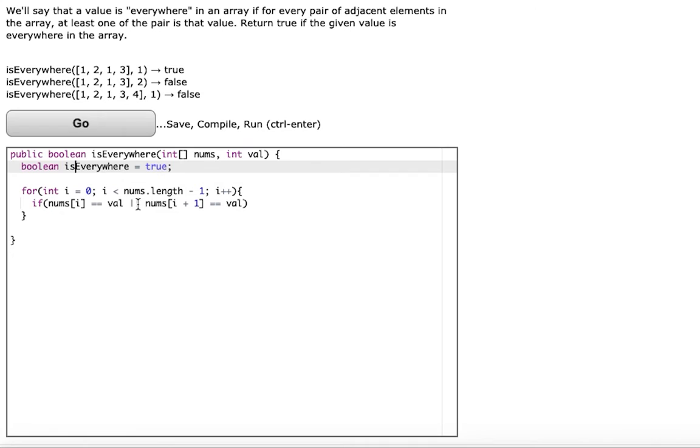But remember that the approach I'm taking here is I'm assuming that it's true. I've given my variable a base value of true. And if I find a pair where my value is not there, then I want to give it a false,